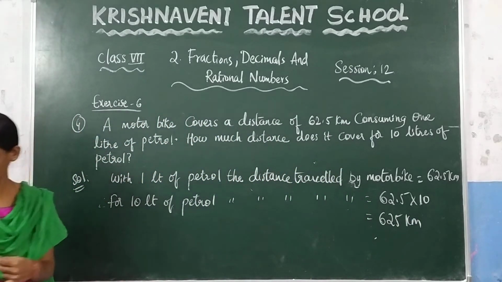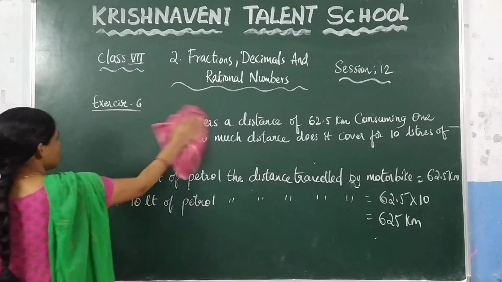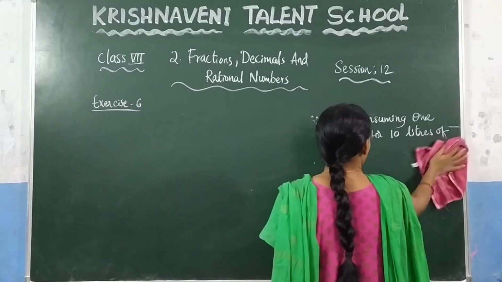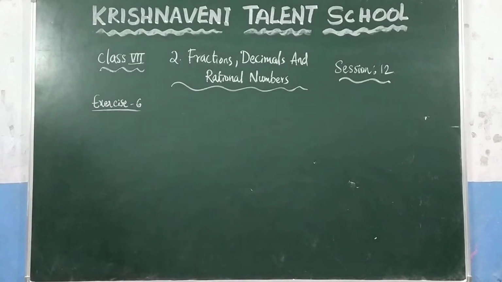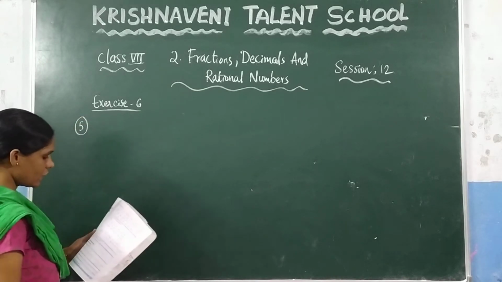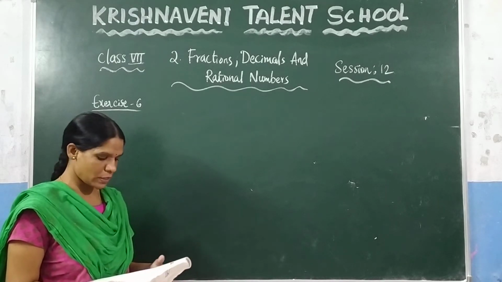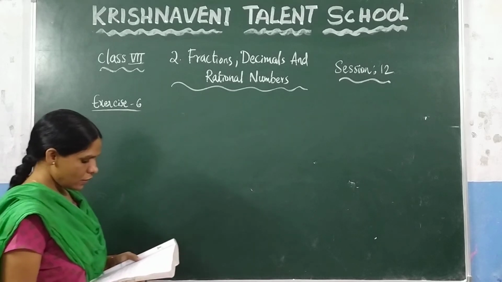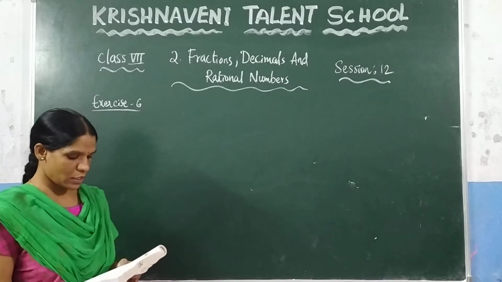Now see the next question, which is the fifth question here. They have given the product of two decimal numbers. How do you solve if you are given two decimal numbers? We already discussed. Let us see a few problems. In this question, 10 questions are given. I will solve some of the questions. The remaining problems you can do as homework.